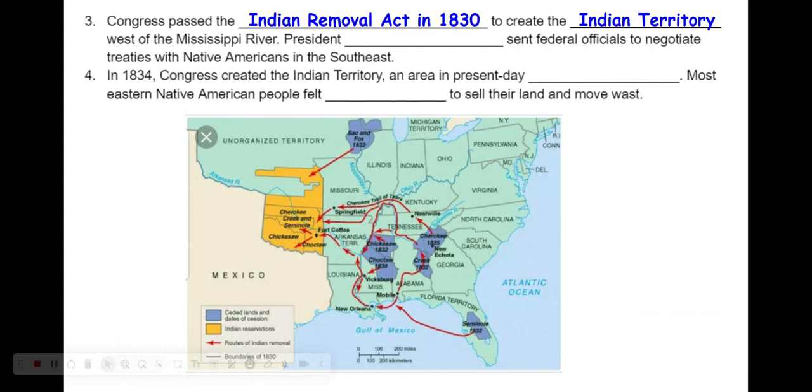So groups that eventually are going to be removed from their territory are like the Sac and the Fox that have their tribes in parts of Wisconsin, Illinois, and the state of Iowa. Their reservation today is actually south of Falls City, Nebraska. But that's another subject. Going back to number three, President Andrew Jackson sent federal officials to negotiate treaties with the